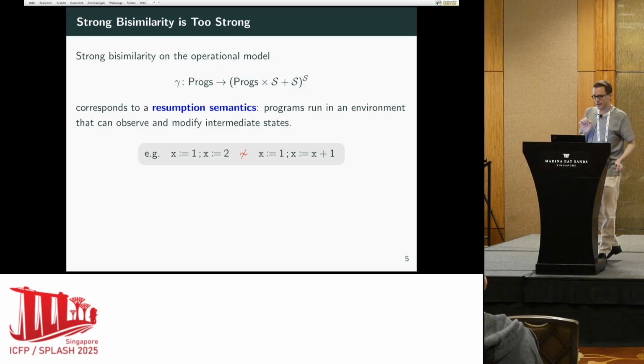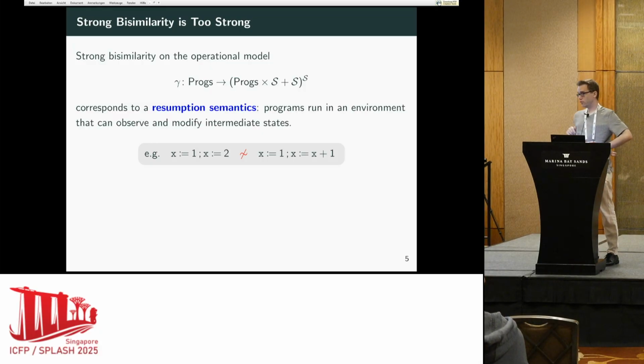And this is because it talks about strong bisimilarity, and strong bisimilarity on this set of while programs corresponds to what is called a resumption semantics. And this means that you have an observer that can, at any point of execution, read the state and also modify the state. So, for example, if you take these two programs, the first one sets x to 1 and then to 2, and the second one sets x to 1 and then increments it. I think every reasonable person would say these should be equivalent, but they are not under resumption semantics,